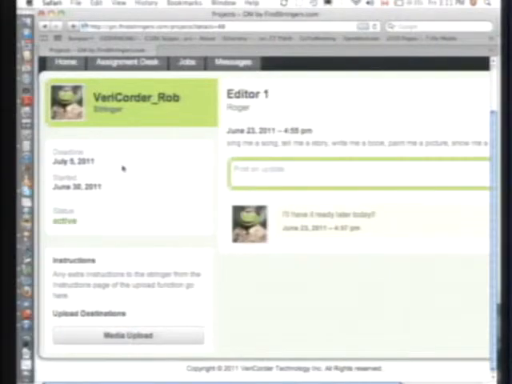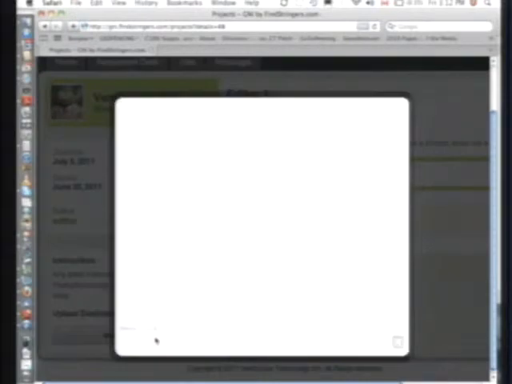So they'll know what their deadline is. They'll know when the assignment started. They were hired on June 30th and they have a deadline of July 5th. It's active. Any extra instructions go here. So the news desk can just write in, I want to go to this place, talk to this person, all that kind of thing. And then when they're ready to do their story, they just hit media upload, and you get a media uploader right here. Now this will send stuff automatically into the G&I mainframe, which is a server that we maintain. And all we have to do is go in, choose a file,